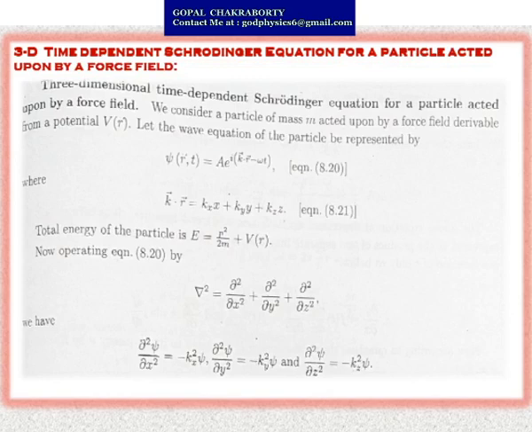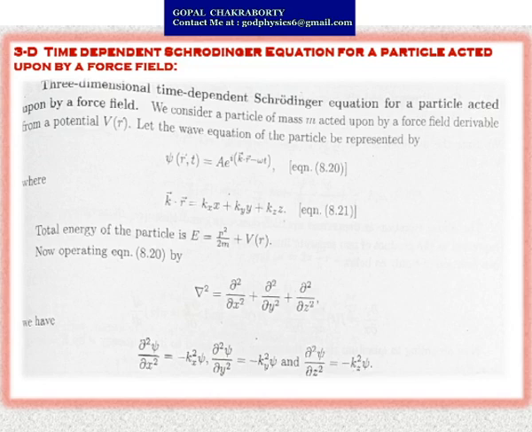Next one: the three-dimensional time-dependent Schrodinger equation for a particle acted upon by a force field. Here also the procedure is the same. You have to consider all the coordinates x, y, z. Here we considered a particle of mass m acted upon by a force field derived from a potential